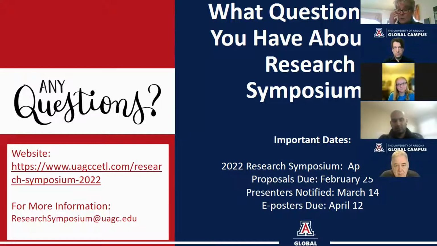Michael, to your direct question though, about how many people attend a presentation, it kind of depends. To Bill's point, what's your topic? Some of our topics really grab a whole bunch of people, and you could have 40 or 50 people in a Zoom room, and others of them, I would say that somewhere around 20 to 25 is a pretty good live audience. But it's open to the UAGC community, students and faculty and staff. So we don't limit how many people can actually participate. Great, thank you. You're welcome.